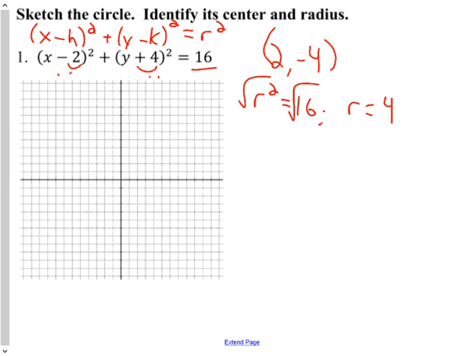1, 2, 1, 2, 3, 4. Graphing our center right there. And in general terms, I typically do 4 key points. So we're going to move 4 to the right. There's one point on the radius, and then go back to the middle, on the circle. And then moving the radius up, 1, 2, 3, 4, back to the center, 1, 2, 3, 4, radius to the left, and then back to the center, 4 down,